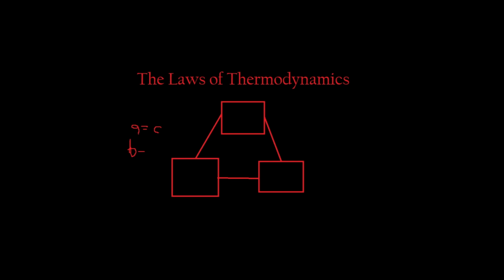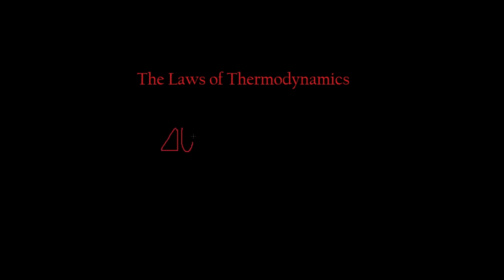So let's head on over to the first law of thermodynamics, which is basically just ΔU = Q − W. Basically, just change in internal energy is equal to heat added to a system minus work done by the system. Do keep in mind, if heat is removed from the system, then Q will be negative, and if there's work done on the system, then W will be negative, so there's that.